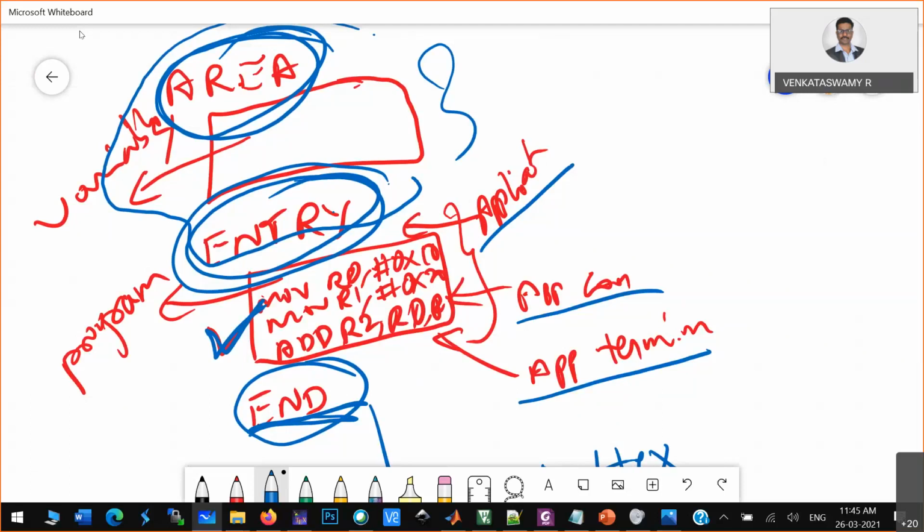If you are directly using the hardware level compiler, this structure you need not follow. For example, I can use Raspberry Pi, and directly use the ARM compiler in the command prompt. Then I need not follow this. But if we are using any third-party compiler, then we have to use this particular structure.